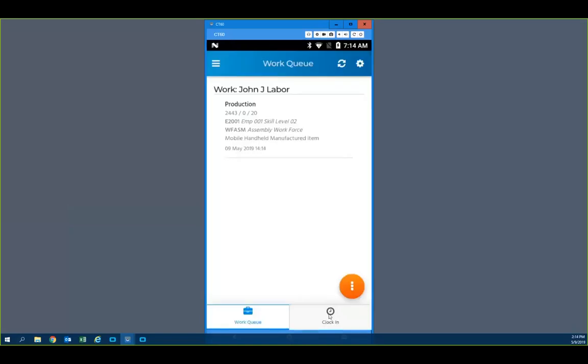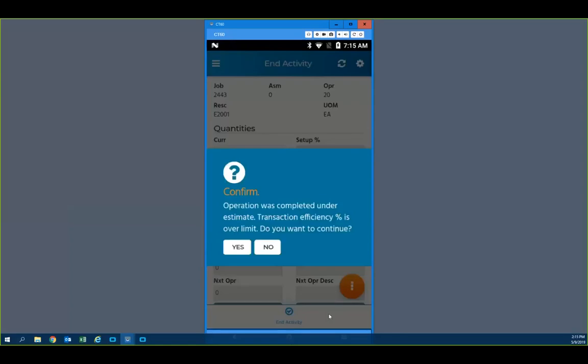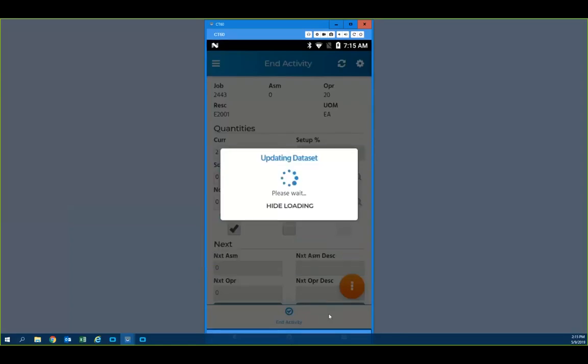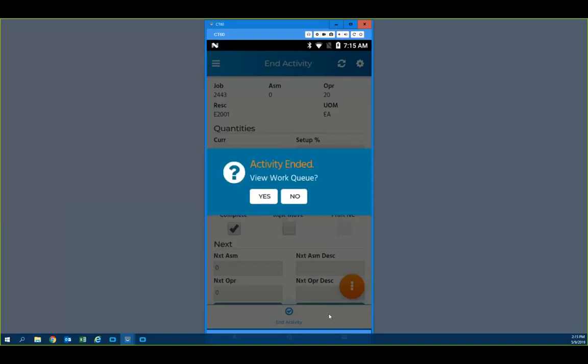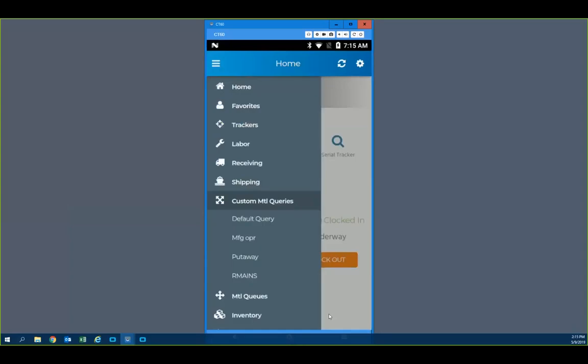I go away and work on the job, and I come back, and it doesn't have a next move, next operation, because it's the final operation on my job. And I save it. Yes, I know I'm efficient. I'll say yes. And no, I don't want to view my work queue because there's nothing in it. And the last step, because I did my